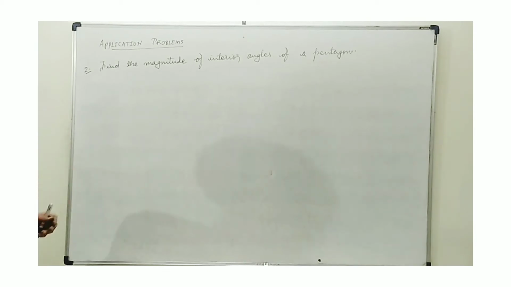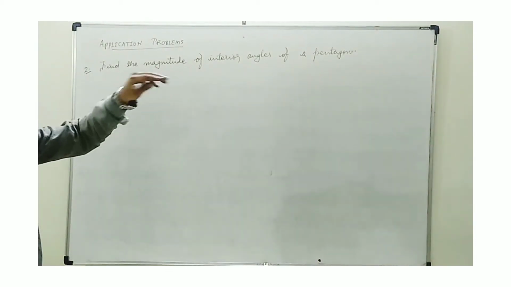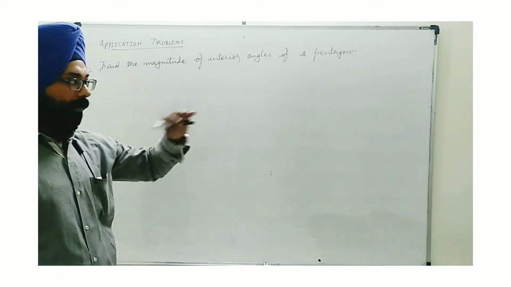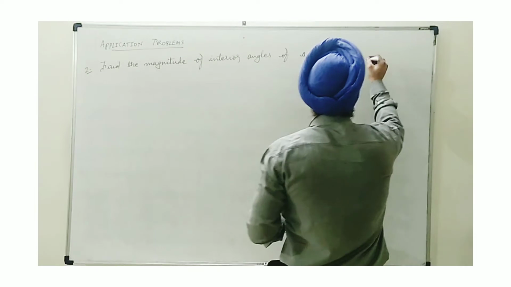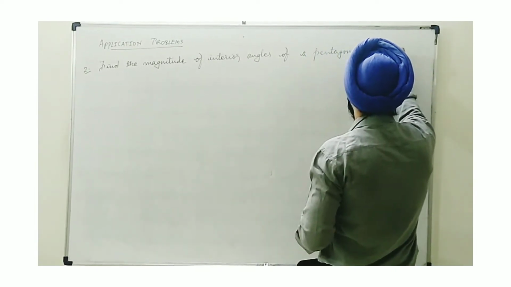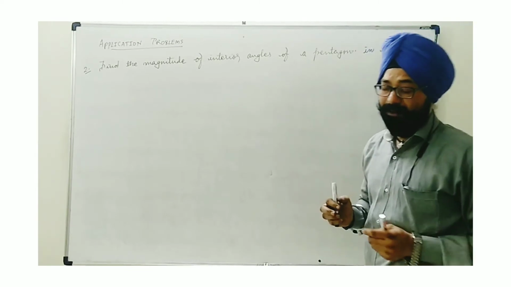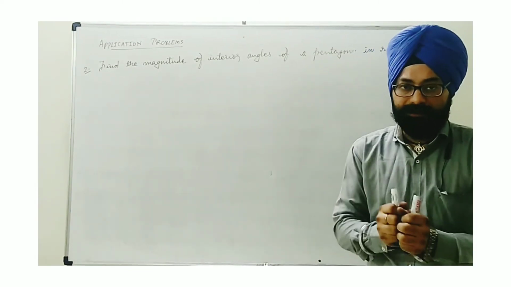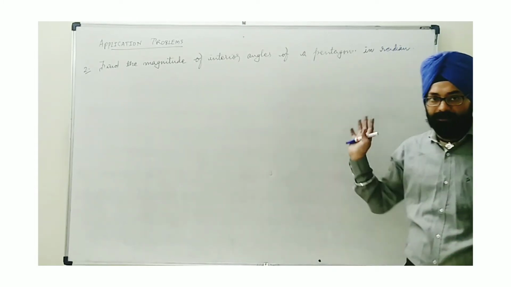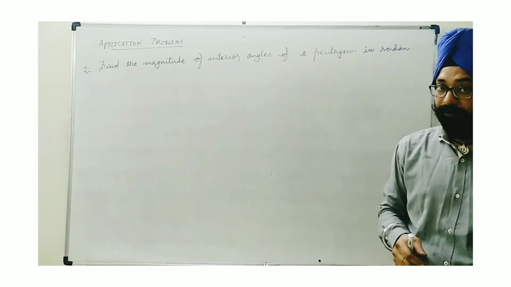Here in the second question, we are going to find the magnitude of the interior angles of a pentagon. This also is to be done in radian. Okay, an additional statement I will write: we need it in radian. These are basic questions, but one thing I see, you must have the knowledge from other classes. Here the concept is simply given as pentagon. You must know what a pentagon is. It's a 5-sided polygon.